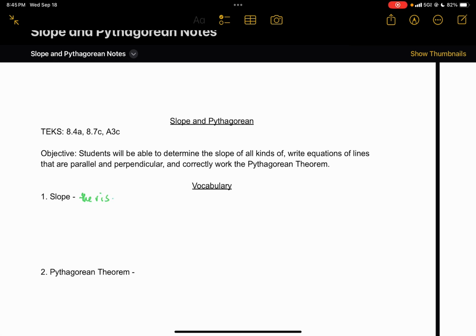The rise and fall of a line, and our formula,